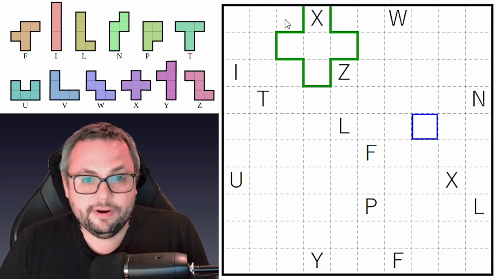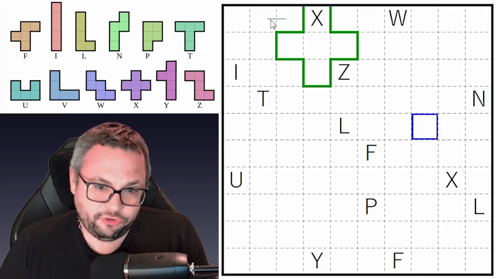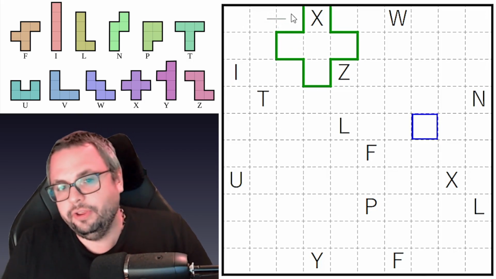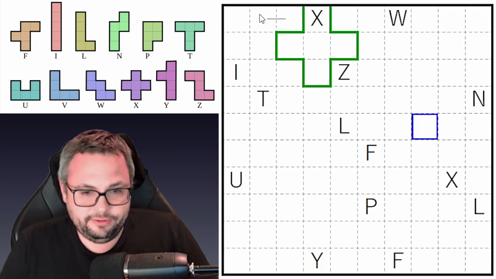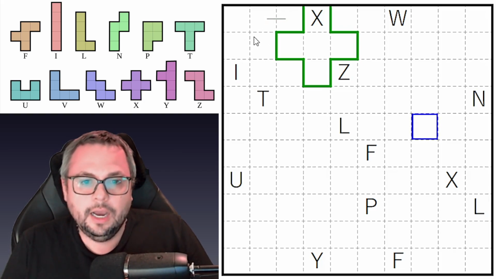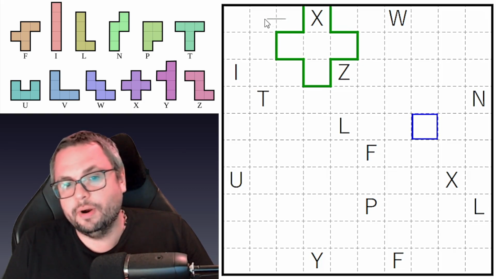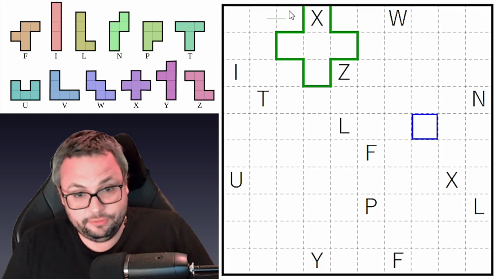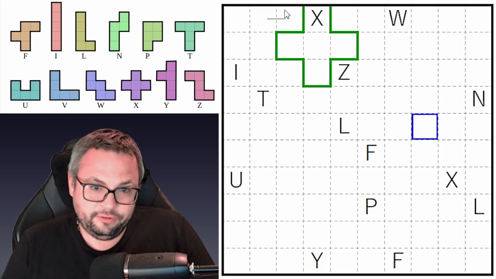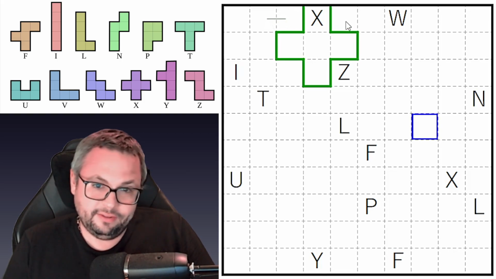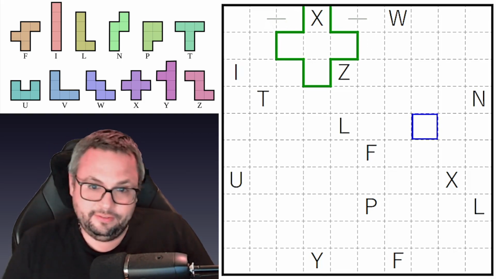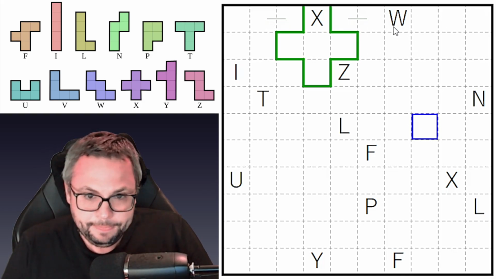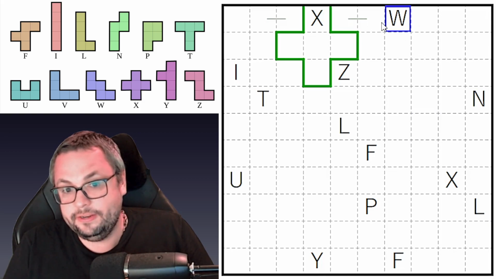Okay. Now, a very helpful tool here is this dash tool. And what the dash tool does is it lets you denote, I don't know what shape this pentomino is, but I know these two are in the same pentomino, because remember, every cell needs to end up in a pentomino that's all contiguous. And so this cell is going to join that cell, and this cell is going to join that cell. Okay. Here it's even a little better, actually, because I can't have this join the W,